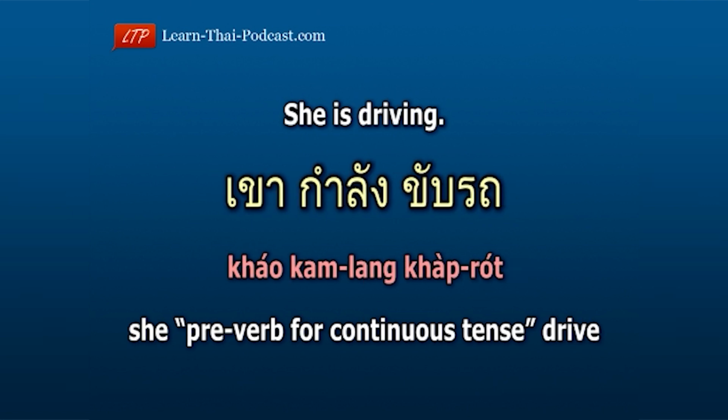Another example. She is driving. เขากำลังขับรถ. She เขา, preverb for continuous tense กำลัง, drive ขับรถ. She preverb for continuous tense drive. เขากำลังขับรถ